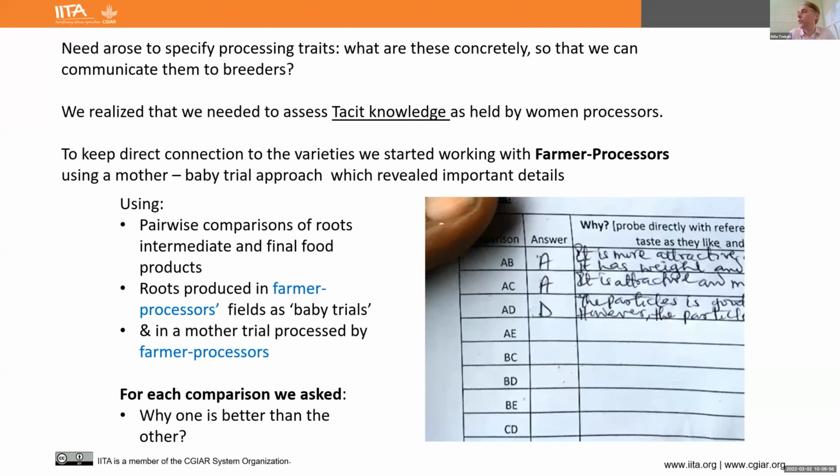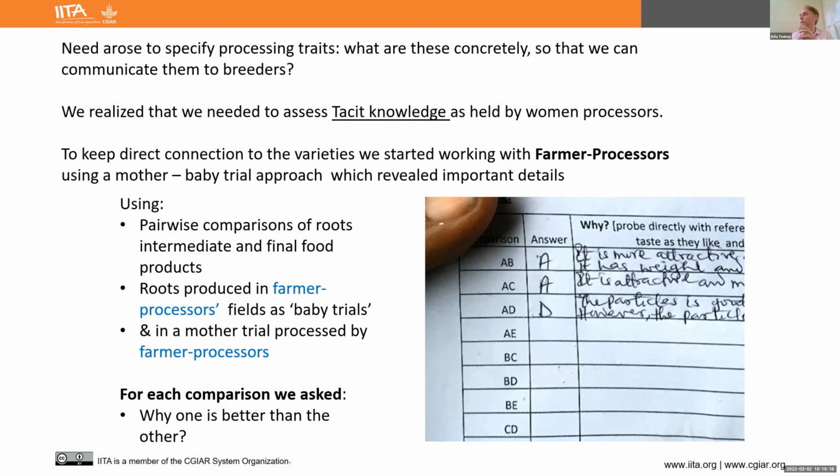So we used pairwise comparison of roots there, so that you don't have to ask, what do you like in this root? No, we had very contrasting varieties in the trial, and we just did pairwise comparison that would elicit the traits that were important.